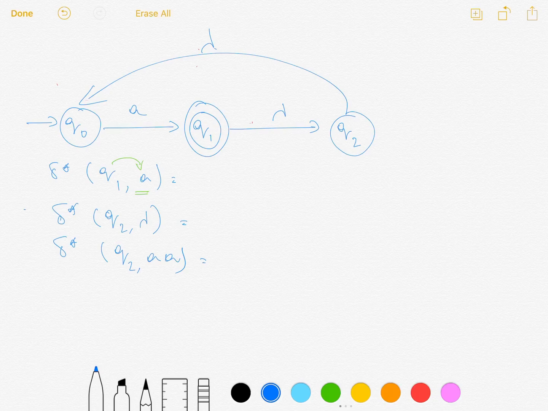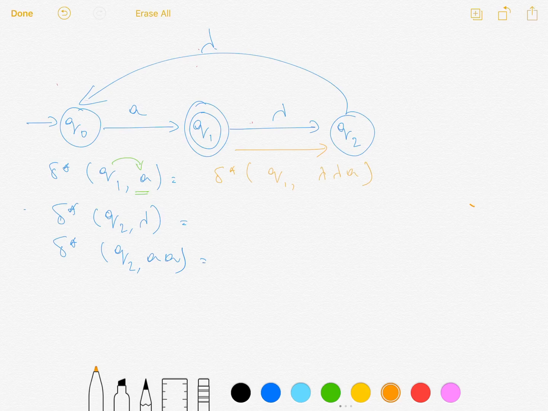Suppose in case of Q1A, it is written where it should go. Now, look at this: directly Q1A is not there. Q1 is accepted by lambda only, and then Q2 is accepted by lambda only, and at Q0 we have A to be consumed. Now, can I write it like this, Q1